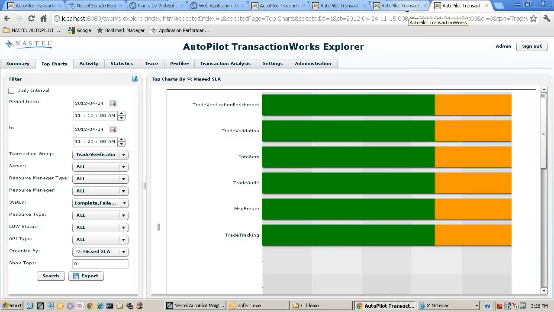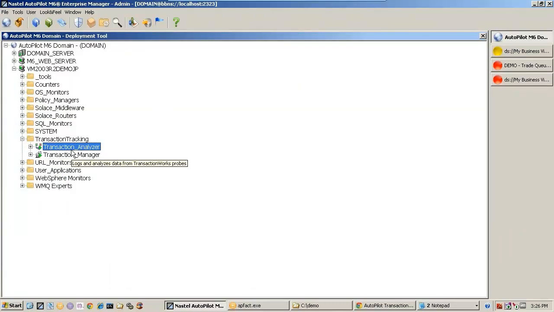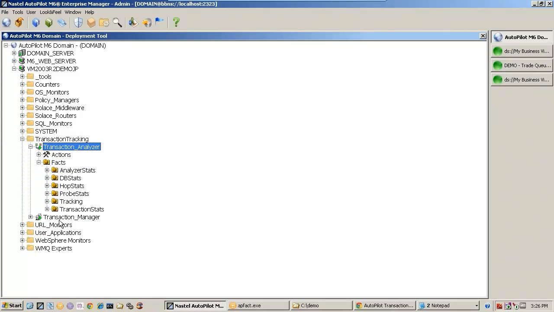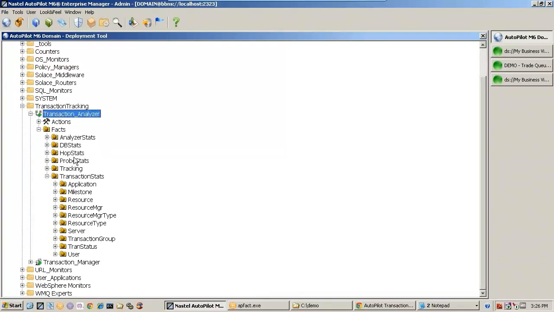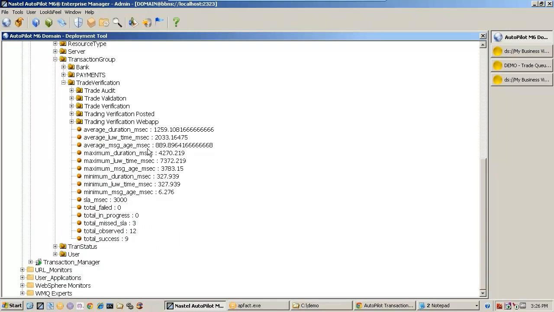Now I'm just going to go back a second and show you within the AutoPilot M6 Enterprise Manager. Here we're looking at our last business view that grouped our transactions according to transaction groups. If we look here at our expert, the transaction analyzer expert, one of the things that we'll note by looking at the facts that are seen by this expert is the transaction stats, fact grouping, and the transaction group. So here you'll note that we have our trade verification transaction group, and within that we see, for example, the average duration in milliseconds that was found by the transaction probes for the transactions that constitute that transaction group, and we also note the